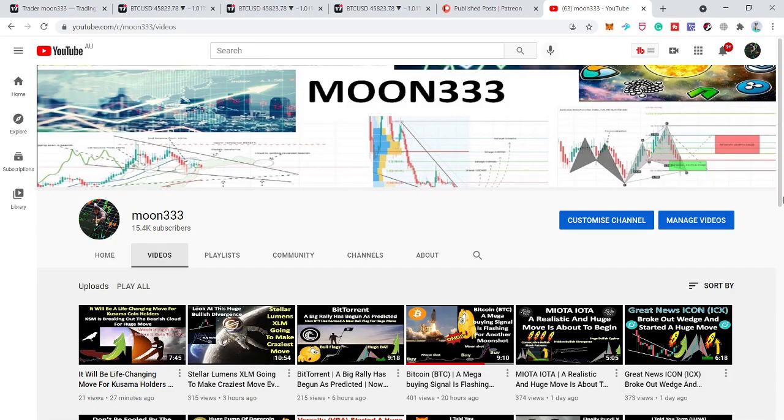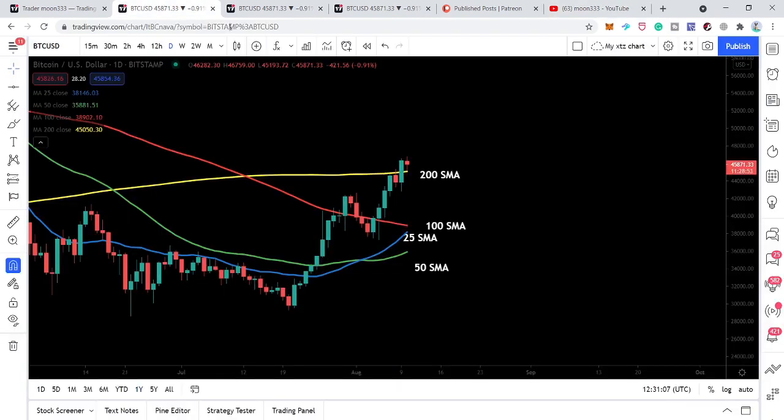Hope you're well and welcome to the new update on Bitcoin. There is a huge bullish development that appeared on the monthly time frame chart that I want to show you today. Before that, I would like to show you my previous analysis that I shared with you. And there are a few more developments even on the smaller time frame chart as well. So let's start the analysis.